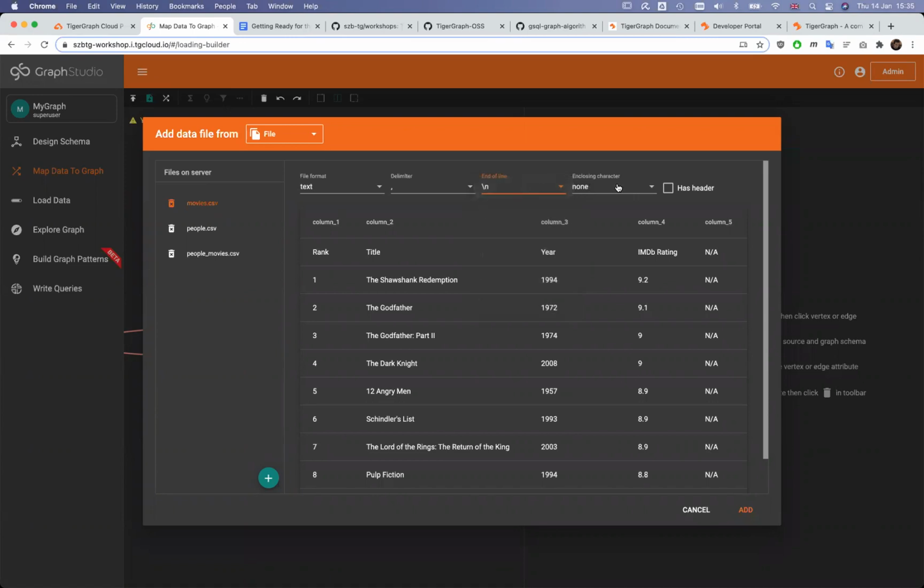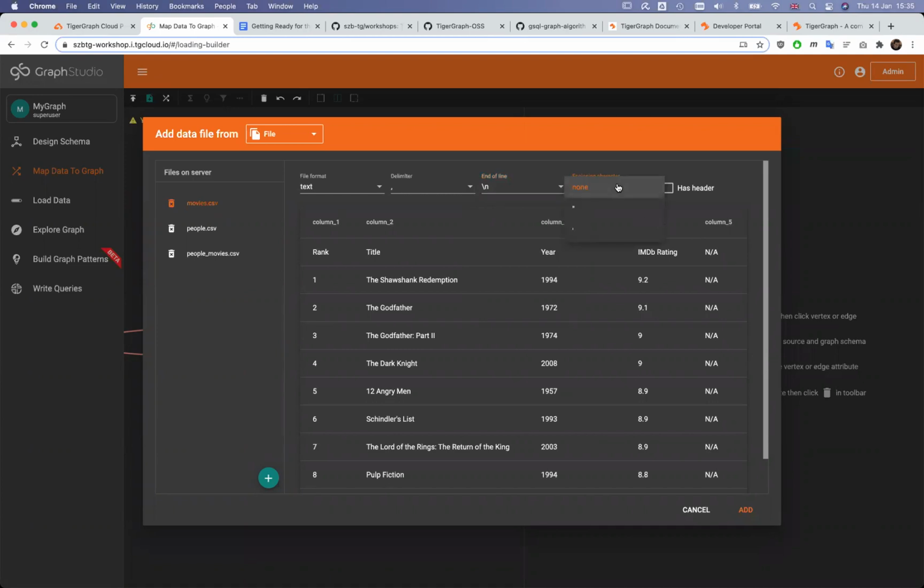It's correct. And the fourth one is enclosing character, which specifies what delimits strings, especially if you import from CSV files generated by Excel. Strings, if they contain the separator character, typically the comma, are enclosed by double quotes.